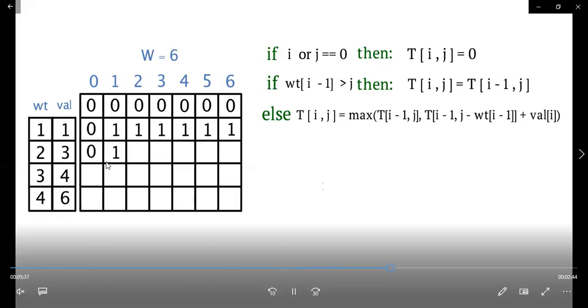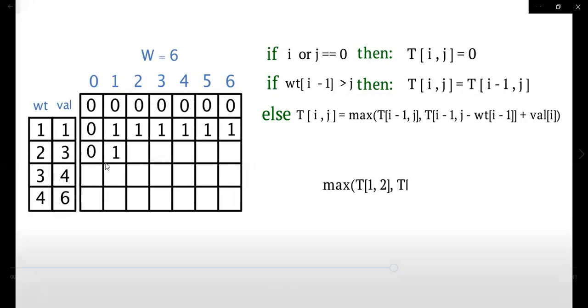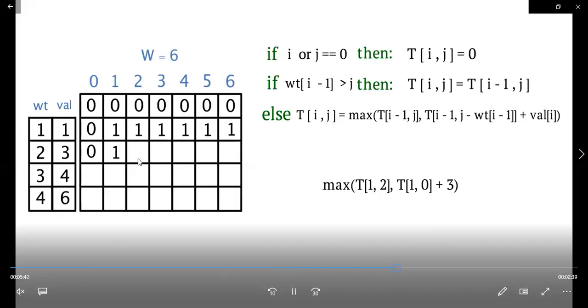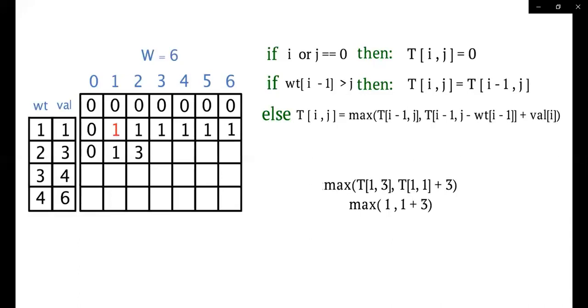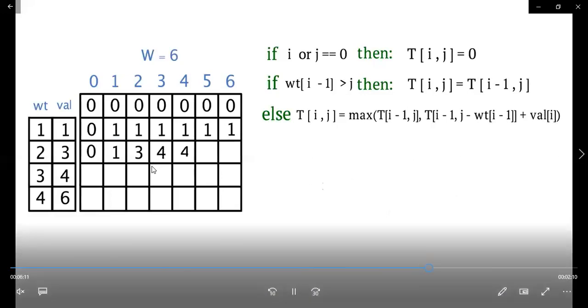Okay. So now you will be calculating the maximum among 2. It will be equal to 1 comma 0 plus 3. So you will be saying your 2 comma 2 is 3. Next, we will be going with 2 comma 3, 1 comma 3, 1 comma 1 plus 3. So it is 1 comma 1 plus 3, which is equal to 4. So same way you do it for the entire row.